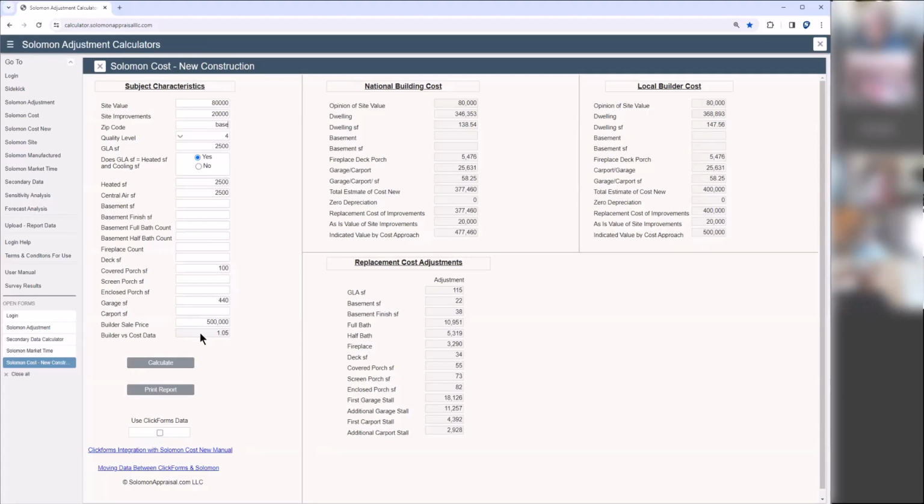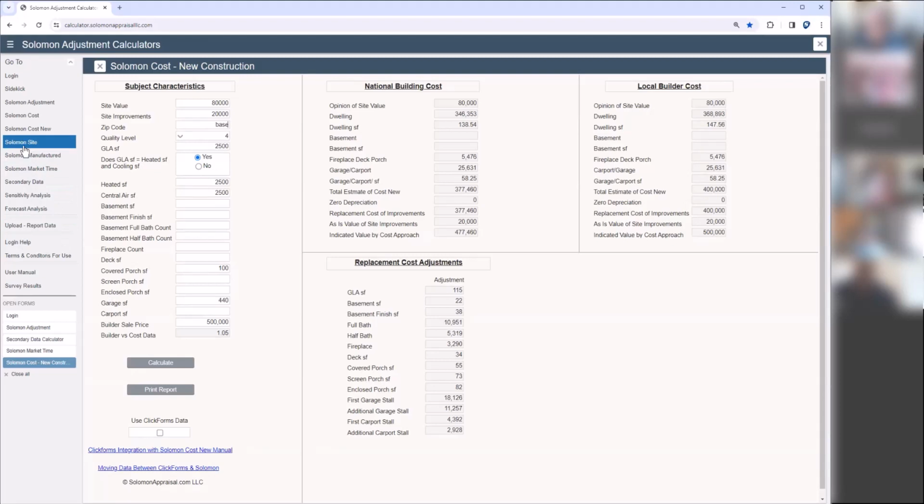But this is helpful because not only do you get a GLA adjustment and the other adjustments that are fit to the market, but you've also got this factor that you can use when you're doing other calculations in the Solomon tools. So the one I want to go to next,